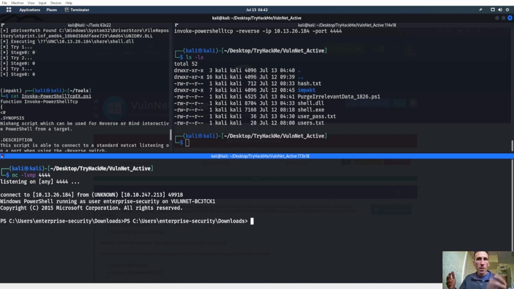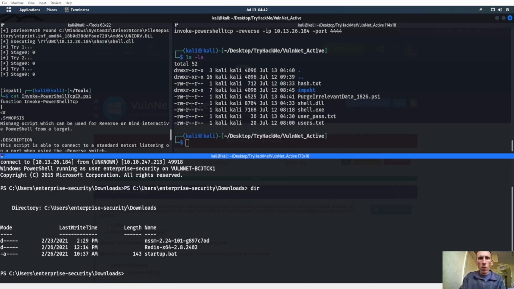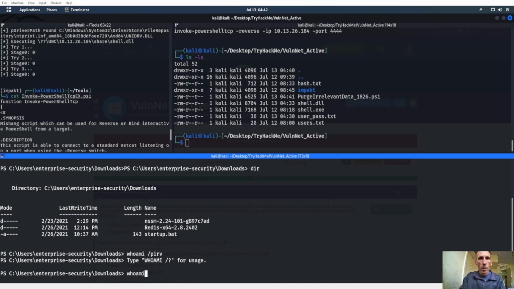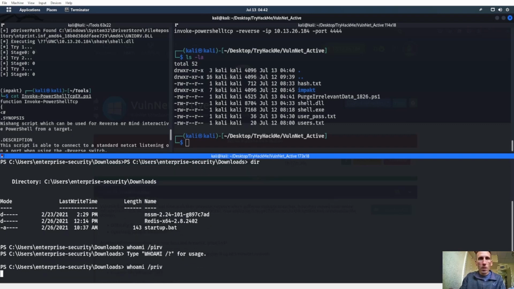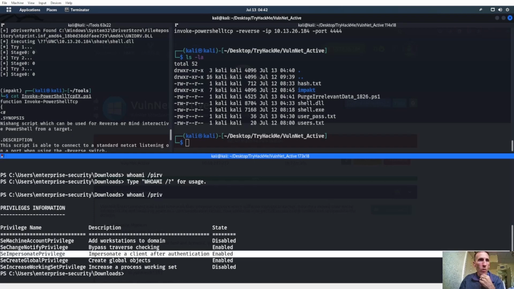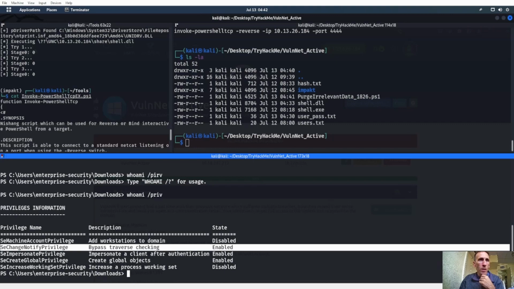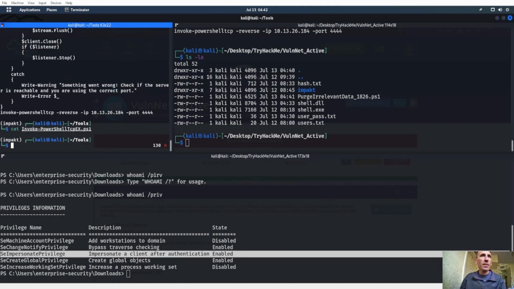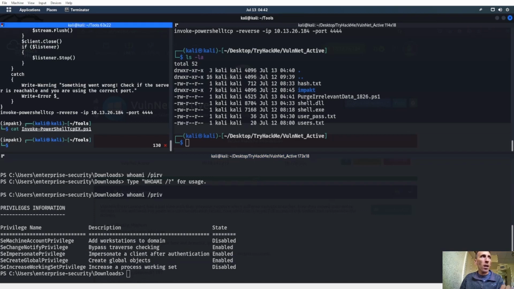So we get into PowerShell. Let's do a dir. All right, we are in PowerShell. Okay, let's do a whoami /priv. If you watch this channel a lot, then you'll know that I mistype a lot of stuff. But whoami /priv. Then you'll see something in here. We have SeImpersonatePrivilege. We have SeCreateGlobalPrivilege. And we have notify privilege. But we have SeImpersonatePrivilege, which to me, whenever I see that, I'm always going for the PrintSpoofer,